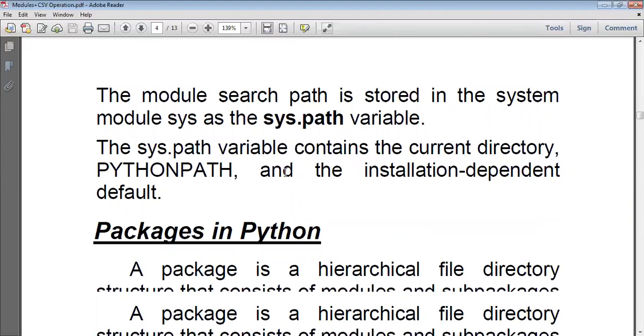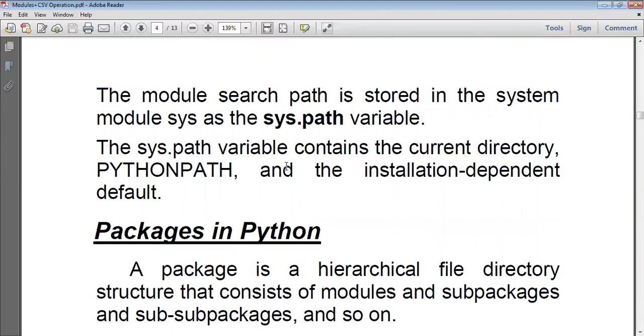This entire path used to locate the module, whether it is the current working directory, PYTHONPATH, or the installation directory of your Python software, is stored in the variable called sys.path. This is a variable which contains the path locations of the module.